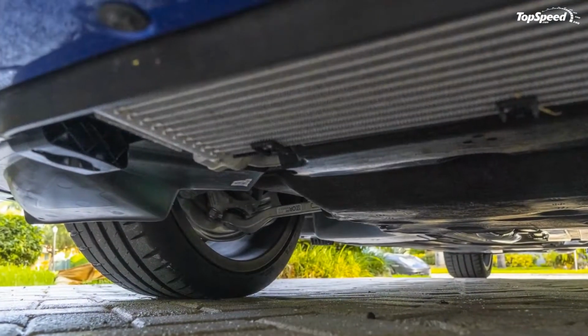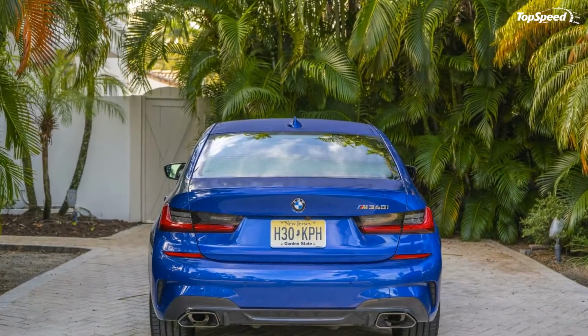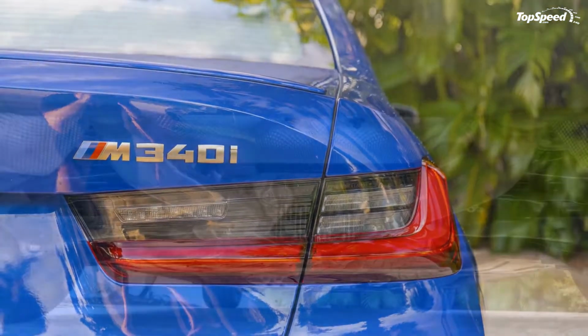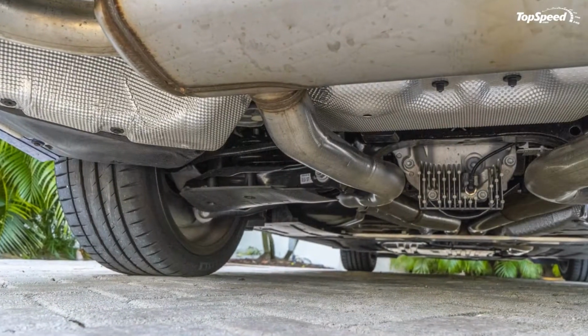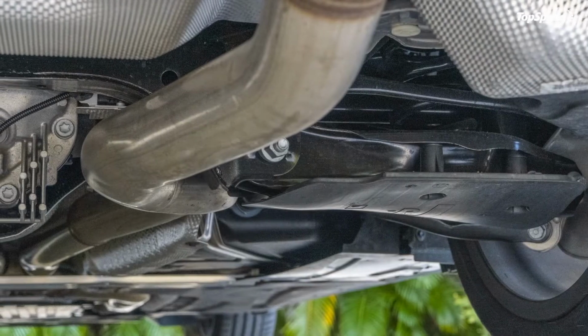The side profile of the M340i is largely similar to the standard model, but the new side skirts really bring out a more aggressive feeling. Naturally, there are no new body lines, but, to be honest, they aren't really needed either. Since the greenhouse sits so far back, the 3 Series sedan feels more like a sportback than an actual sedan,